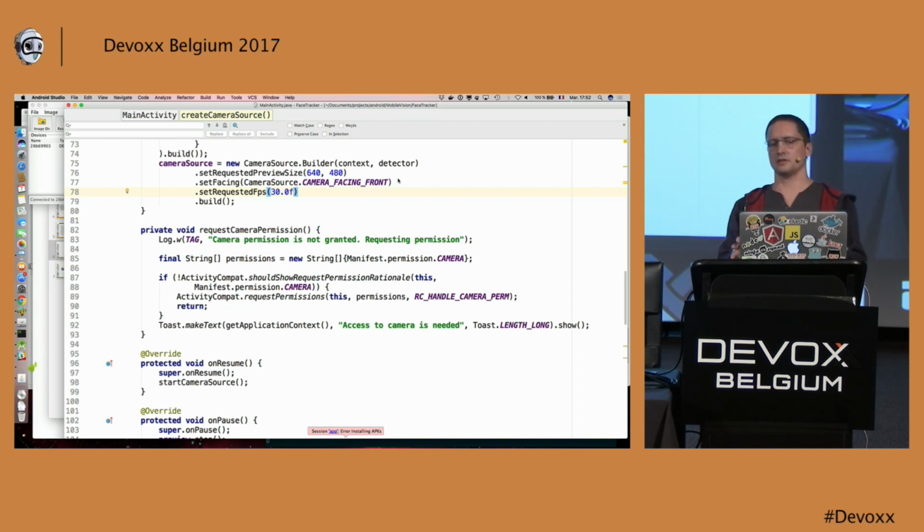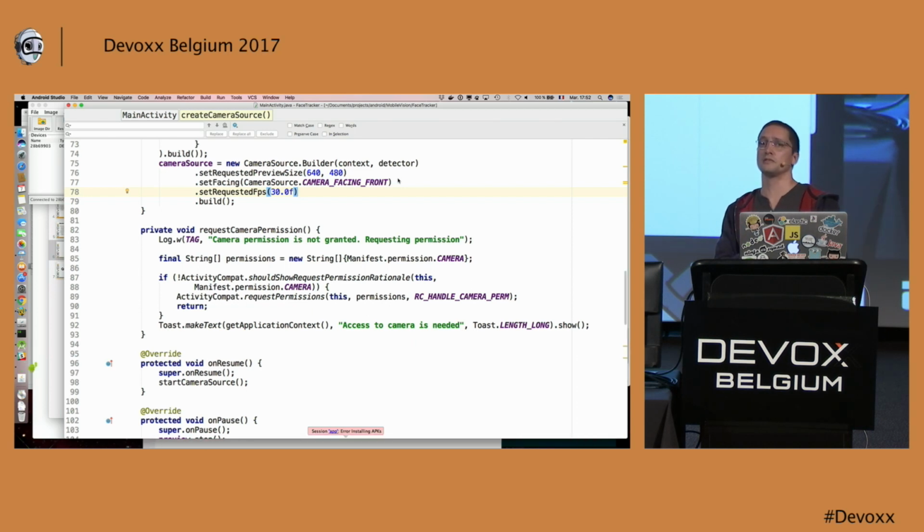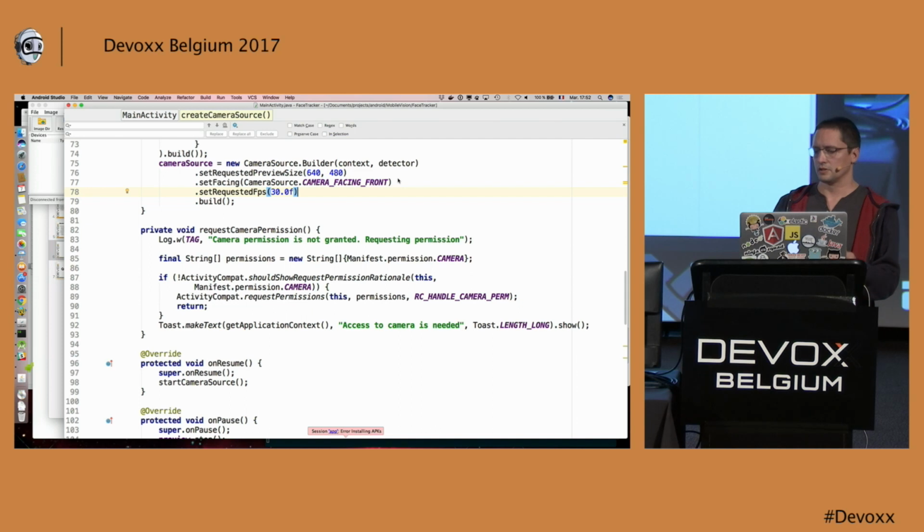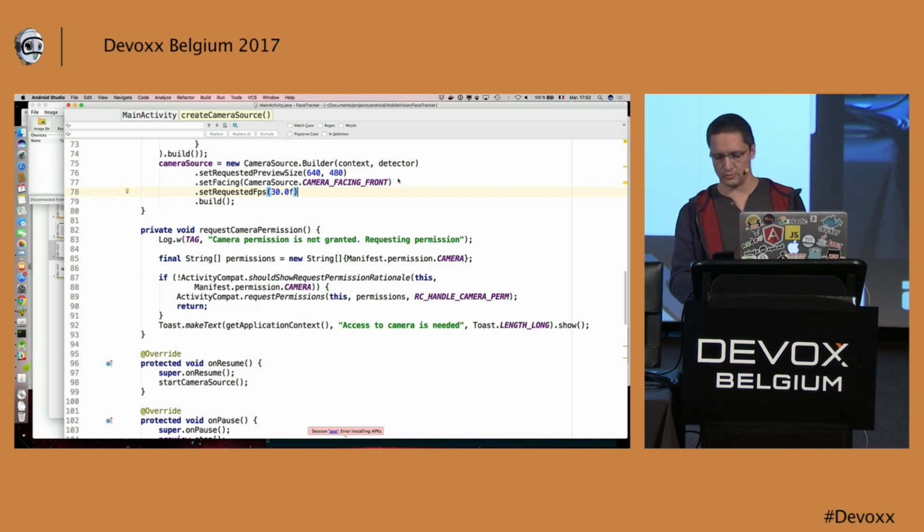So this SDK, which is Mobile Vision, is also available for iOS, and it works since Android 5. So it's quite easy to do some applications with it, as you've seen.